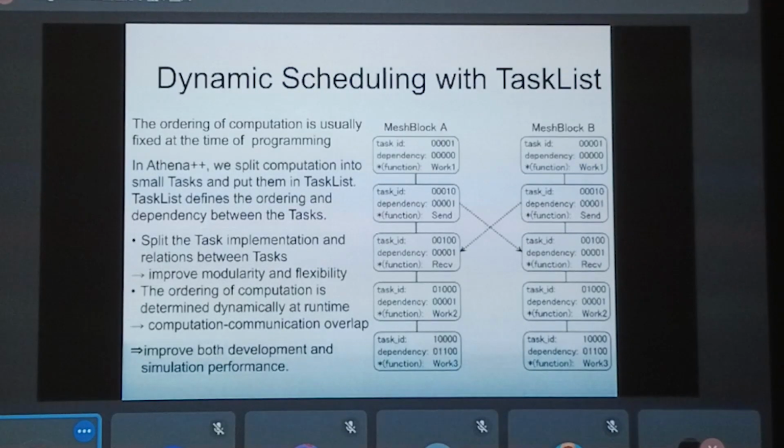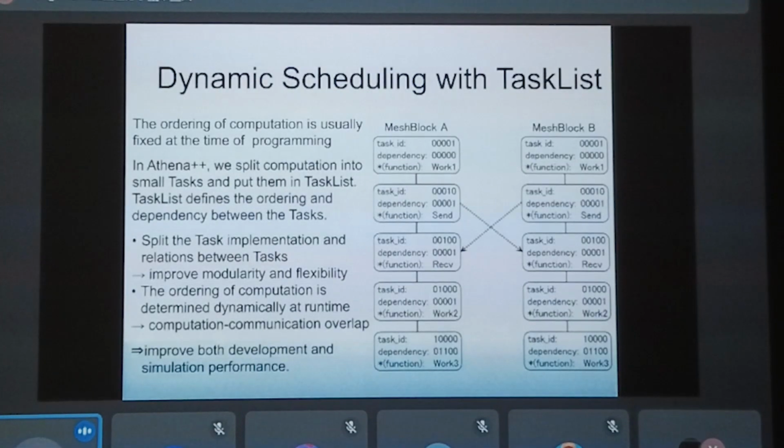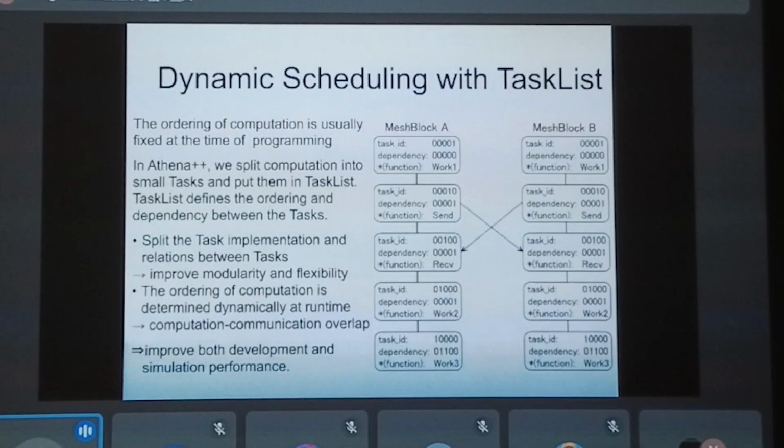However, if we fix this ordering, we lose some chances of optimization. For example, sometimes we don't have to wait for some communications, and some tasks are independent from other tasks. So instead of waiting for the communication, we can actually already do some computations.